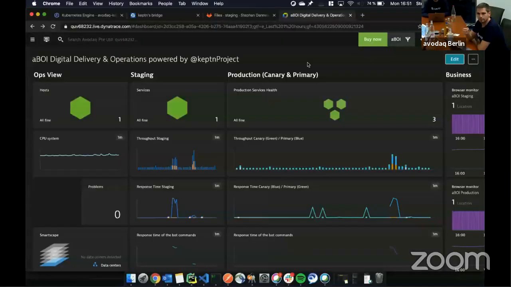Going forward, what are the next things you would like to see in Keptn? What are the next big things you need? I would say the next thing is clearly feature flags. Feature flags. Is it already shared? I think now it's shared. Yeah.